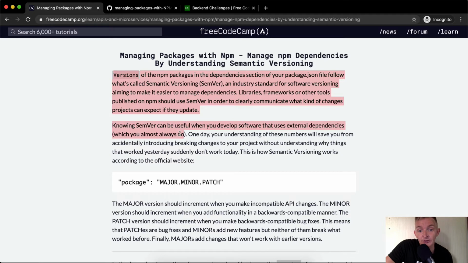One day your understanding of these numbers will save you from accidentally introducing breaking changes to your application without understanding why things that worked yesterday suddenly don't work today. This is how semantic versioning works, according to the official website, package